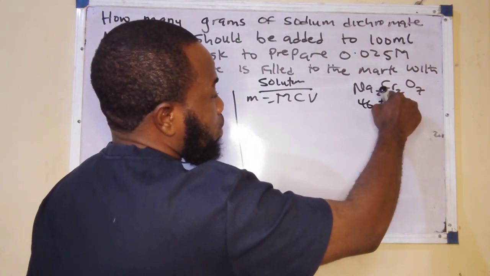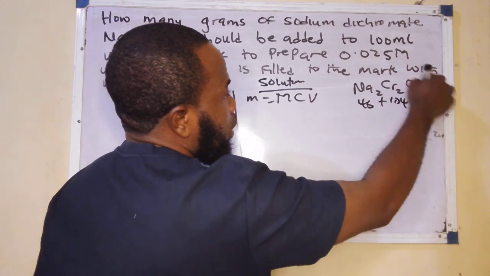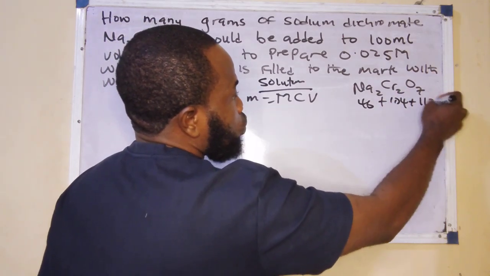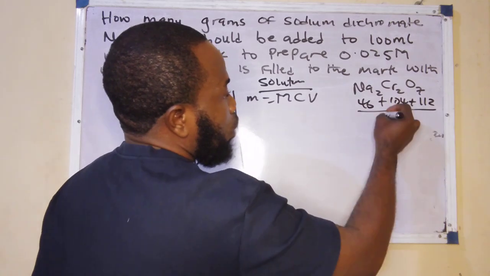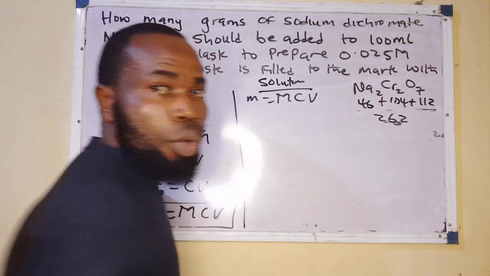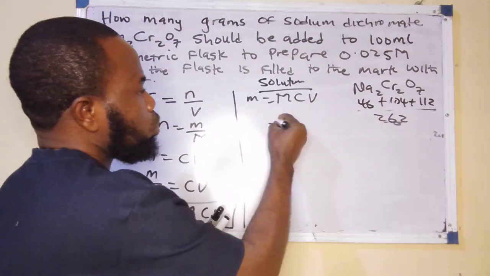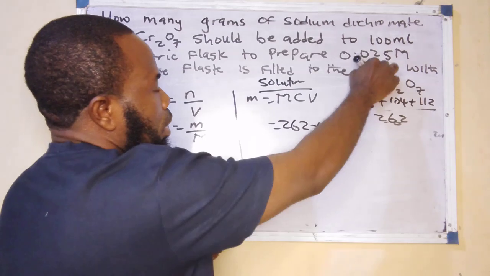When we solve this, times 2, that will give me 104. Plus 16 times 7, that will give me 112. If you add everything together, we have 262. So quickly to our question, 262 times